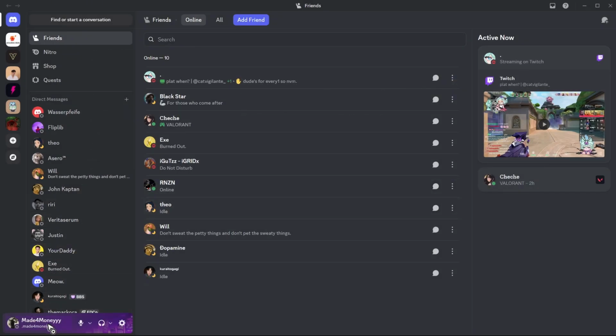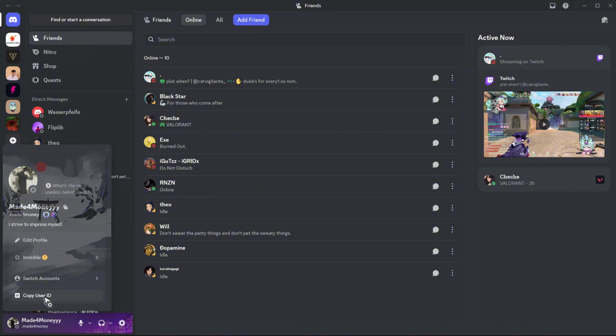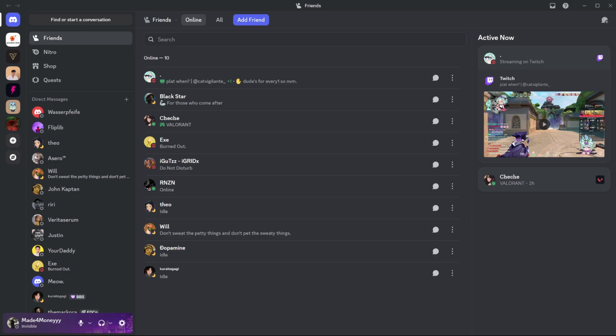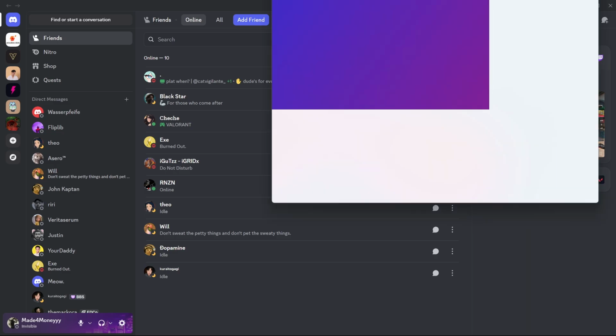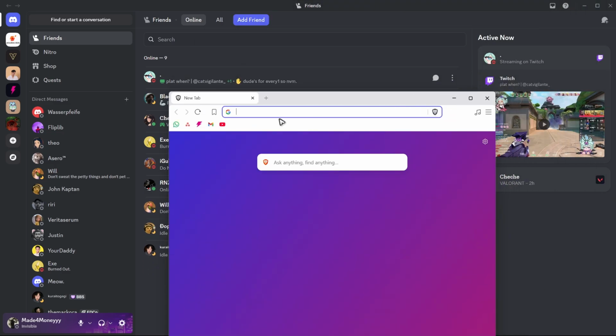Now, once done, click on your profile. And then here we now have a copy user ID button. So just click on it. And after that, open up your favorite browser. And all you got to do is just type down